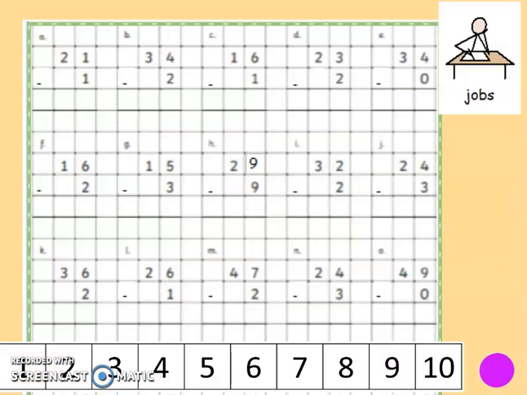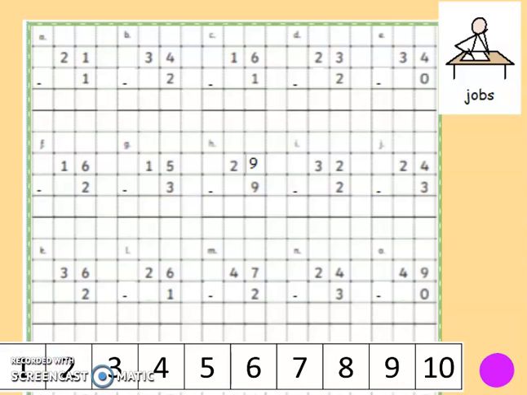Now you will find this activity in your book. It is column subtraction. What I want you to do is use the method that you find the easiest. So within your columns, only looking at one column at a time, I can do 1 take away 1, can't I? But I could choose to use my fingers to help me, or I could write myself a little number track,